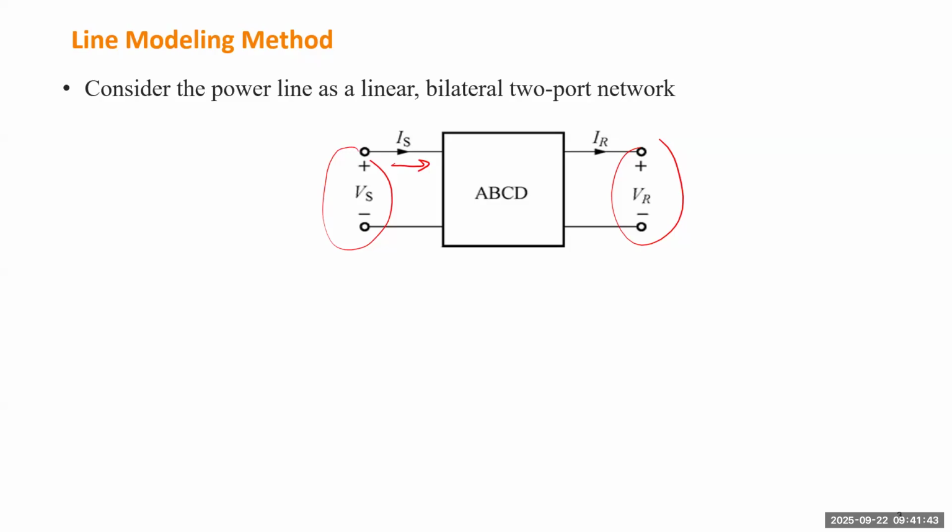coming out from the positive terminal. That's how we define the source, right? And the current is going to the positive terminal on the right hand side. That's why we treat the other side to be a load. But in reality, this is just our assumption, but whether each side is a source or load really